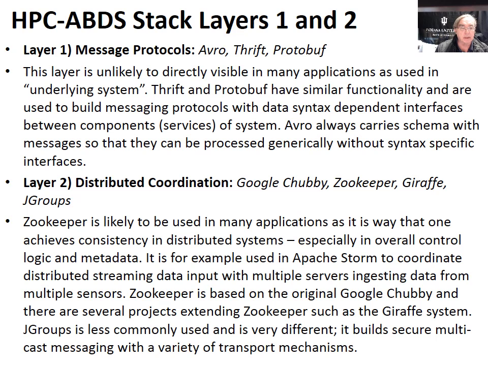We have 2 layers on this slide because we didn't do these layers in as much detail as some of the others. So layer 1 is the message protocol. We'll start off with the name of the layer and the actual entries we have in HPC ABDS. And this is going to be difficult to discern. It basically is the layer that allows you to describe the interface between 2 different